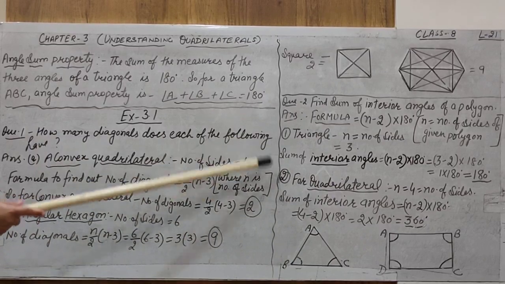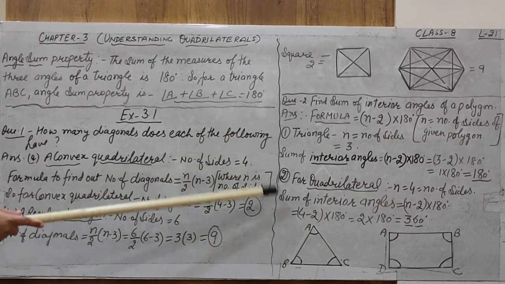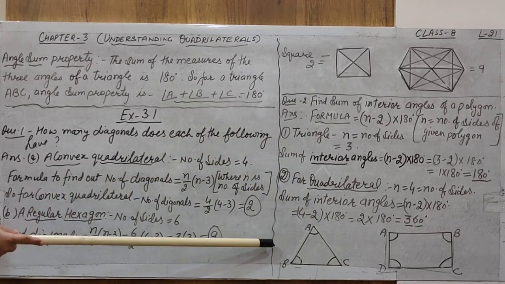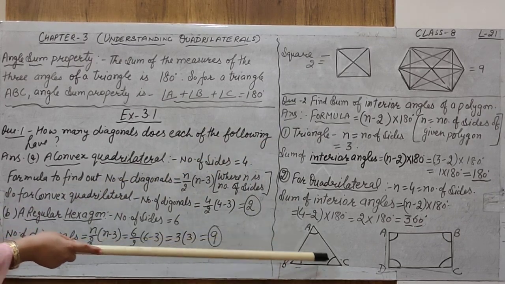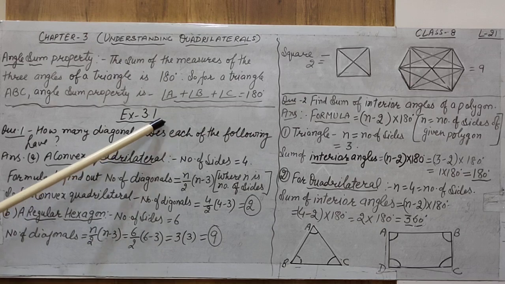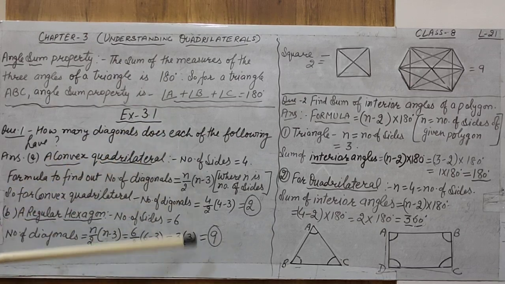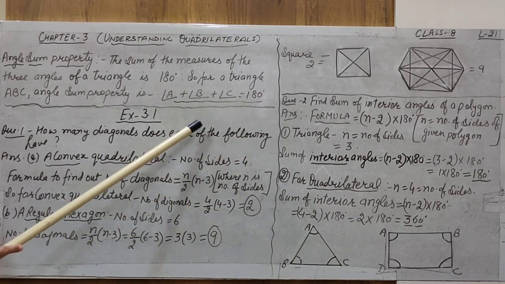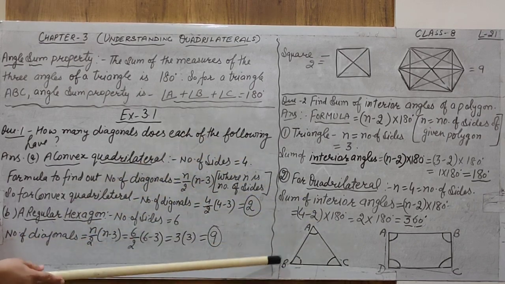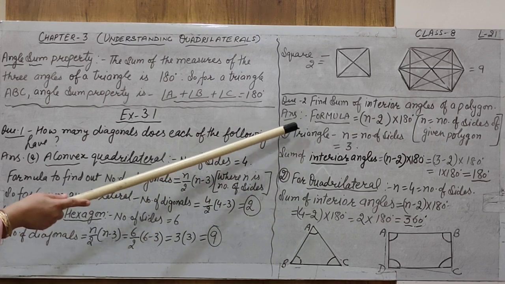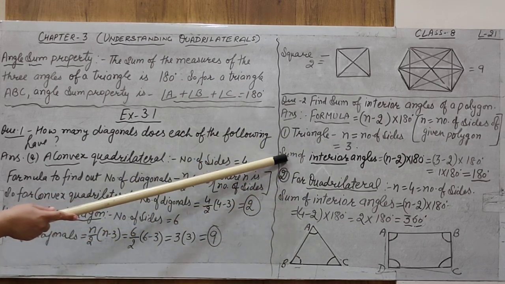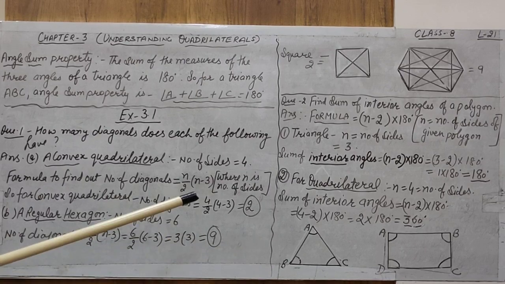So these formulas are not used directly only to find out the sum of interior angles. Actually, these are also used to find out any one angle. For exercise 3.1, in some of the questions, we have to find out one angle or two angles related to the given diagram. Then how can we find out? We have to use these properties. These are the formulas for the sum of the interior angles.